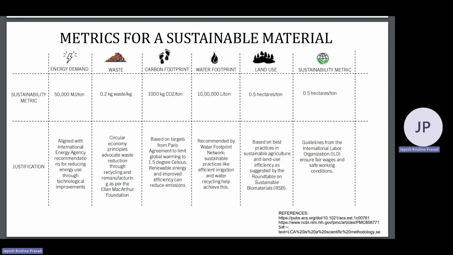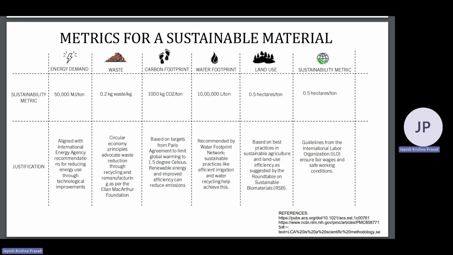combating climate change. The water footprint is another critical metric set at 10,000 liters per ton. This figure is recommended by the Water Footprint Network, which emphasizes sustainable practices such as efficient irrigation and water cycling. By selecting materials with a lower water footprint, we can help preserve our precious freshwater resources, which are increasingly under